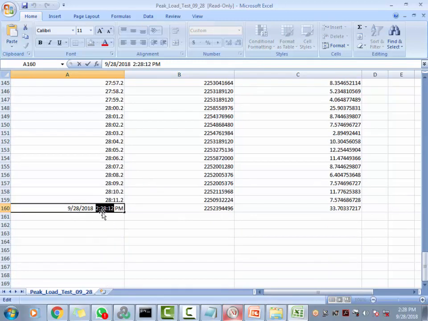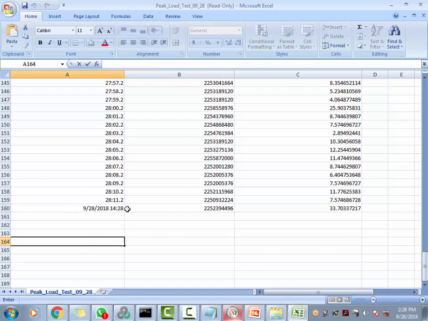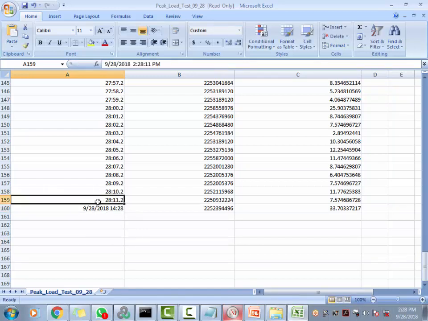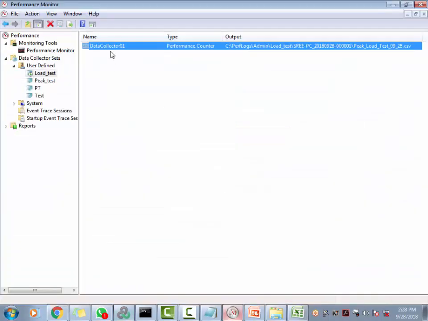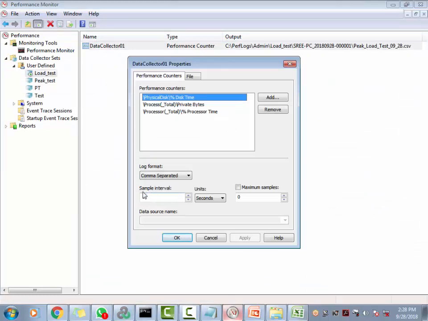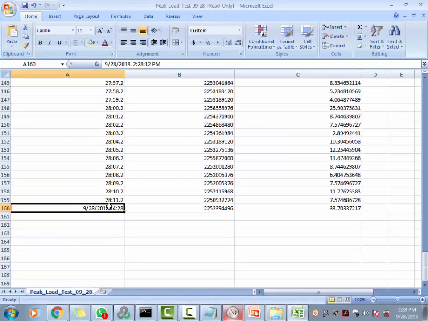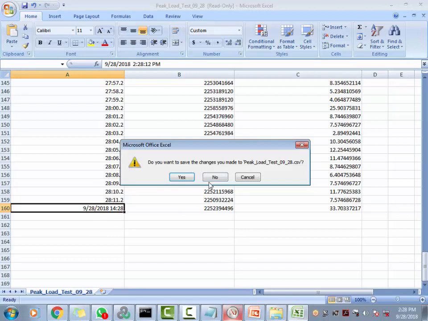At what intervals it will be collecting, you have defined in the properties. You said that for every 1 second you wanted to collect the information, which means that after every 1 second a line item will be added. Now if I close it and open it again, right now the last point that you see is